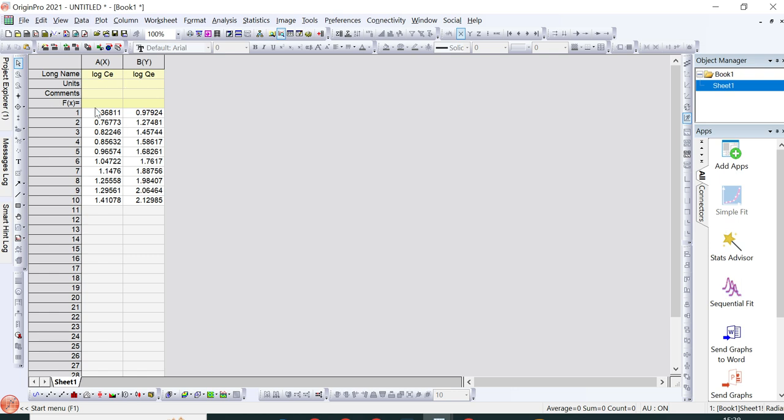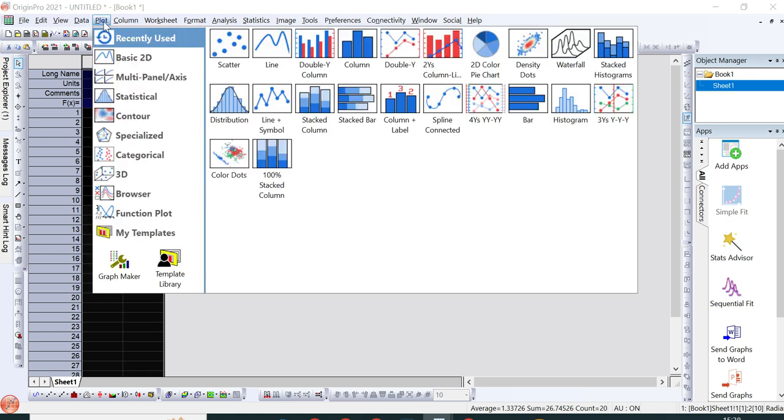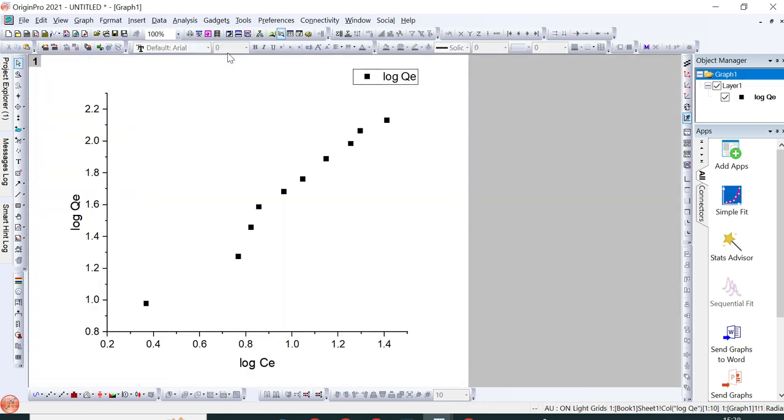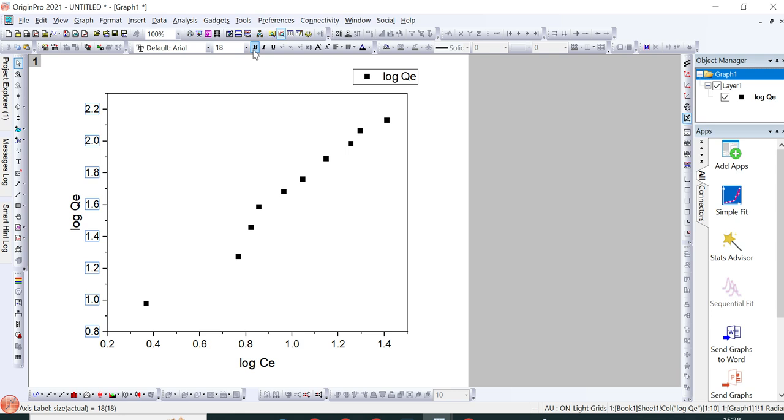After you have calculated the data for the Freundlich isotherm model, you need to select the data from here, and then you can go to Plot. In the plot option you can select any graph like a line graph or scatter, but I prefer to use the scatter graph, because the line will automatically be added when we fit the data to the linear model. Okay, so the graph is plotted here, and you can add its border and make changes, editing the font size, color, and writing of the graph data. These are formatting steps we have discussed earlier, so you can check the previous videos of this playlist.